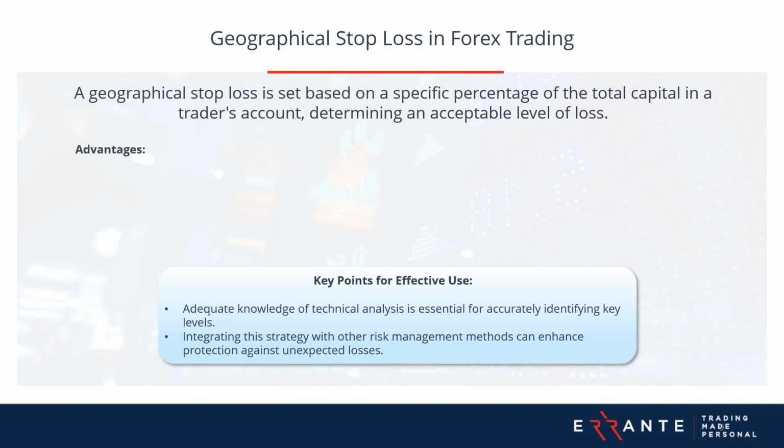The advantages of using a geographical stop loss include its direct linkage to market conditions, which ensures that a stop loss adapts to changes in market dynamics, potentially offering greater protection and precision. For example, if you have a long position in EUR/USD and there is a strong resistance level at 1.2, you might set your stop loss just below a recent support level at 1.185. Okay, this placement ensures that if this support level is breached, the stop loss can limit your losses before the